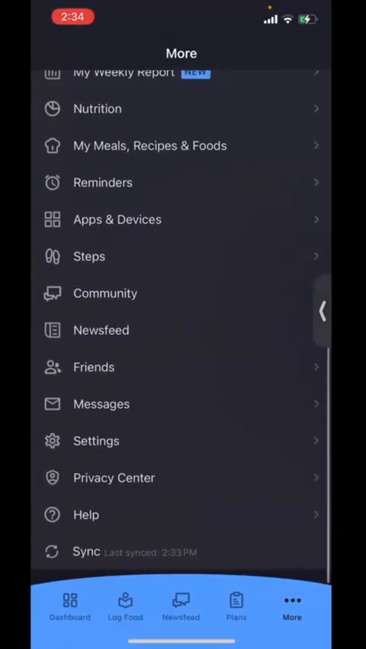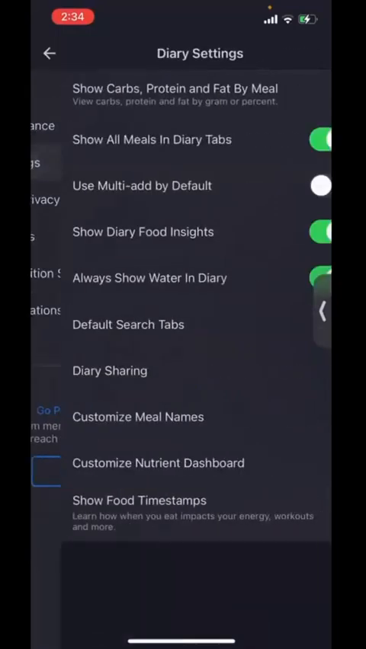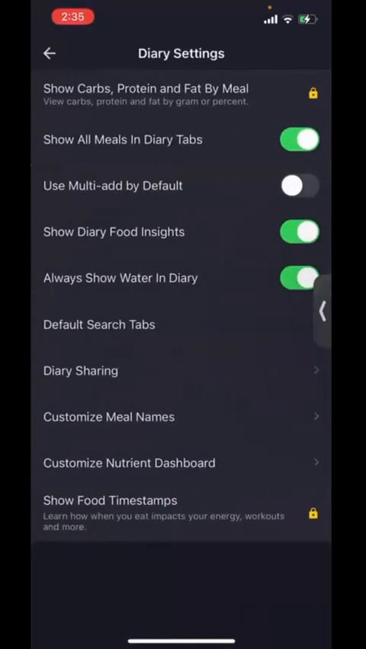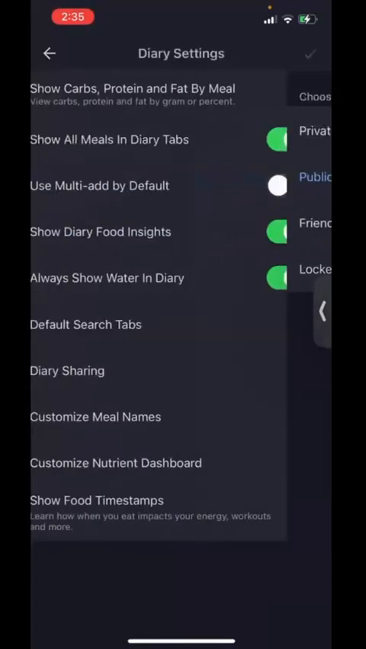So moving on. After you've got me added in there, what I want you to do is go into your settings, and go into your diary settings. And in your diary settings, go to diary sharing, and make it either public or friends only. Either of these will work. What that allows is it allows your coach to be able to see your diary on a day-to-day basis so that you can see trends and see things that we're going to need to identify during your program. So you go ahead and make that